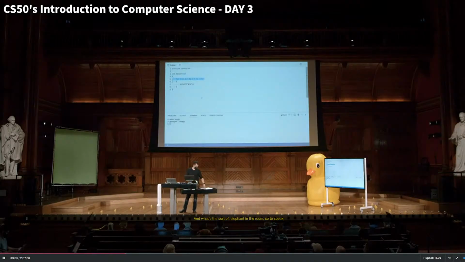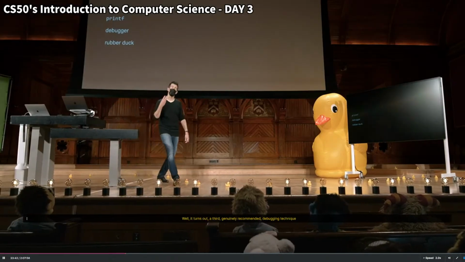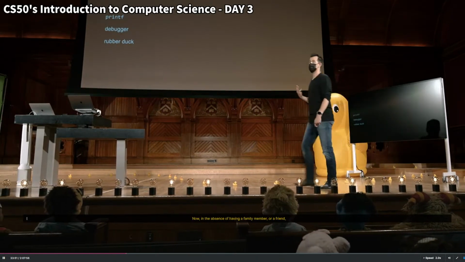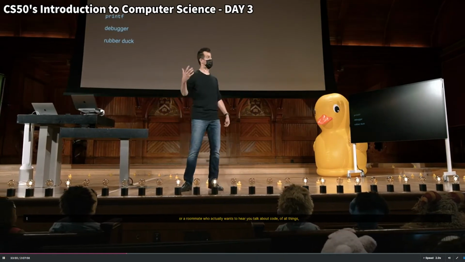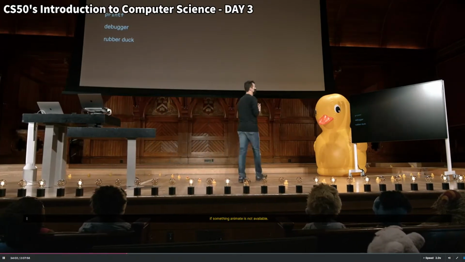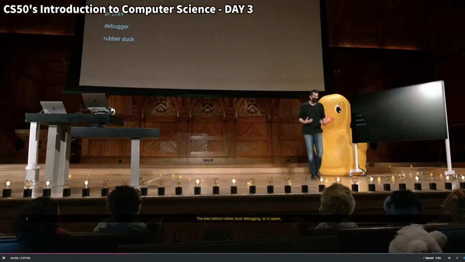All right, so what else? And what's the sort of elephant in the room, so to speak, is actually a duck in this case. Why is there this duck and all these ducks here? Well, it turns out a third genuinely recommended debugging technique is talking through problems, talking through code with someone else. Now, in the absence of having a family member or a friend or a roommate who actually wants to hear you talk about code of all things, generally programmers turn to a rubber duck or other inanimate objects if something animate is not available. And the idea behind rubber duck debugging, so to speak, is that simply by looking at